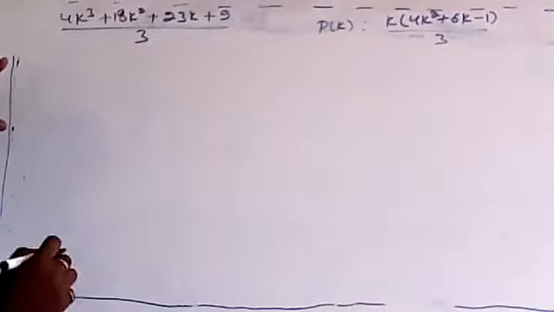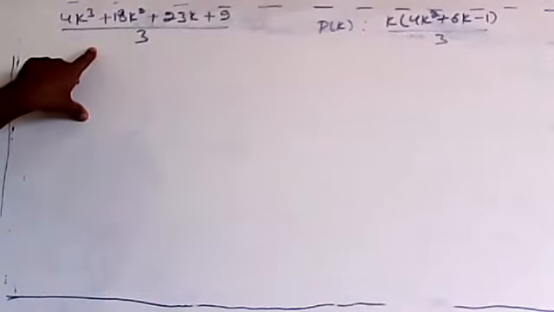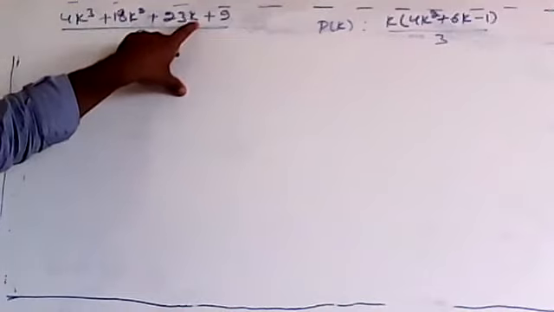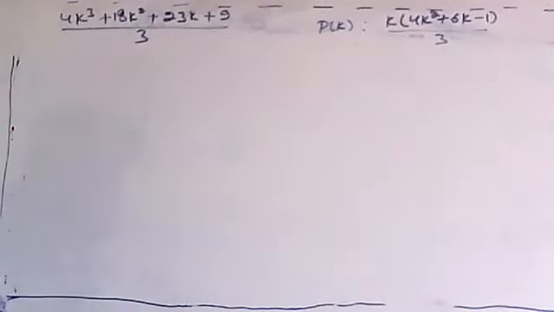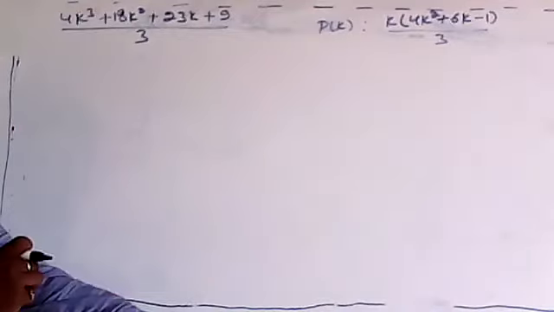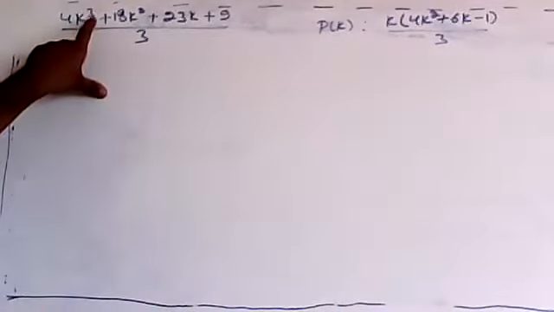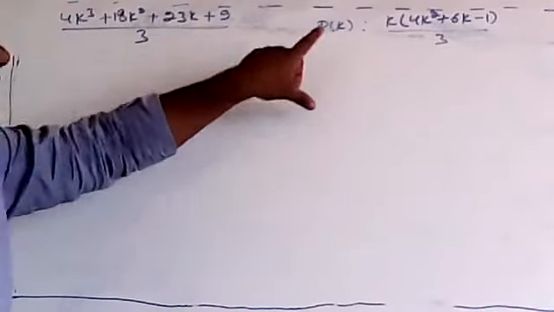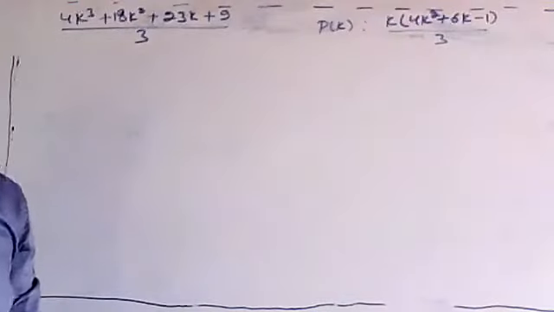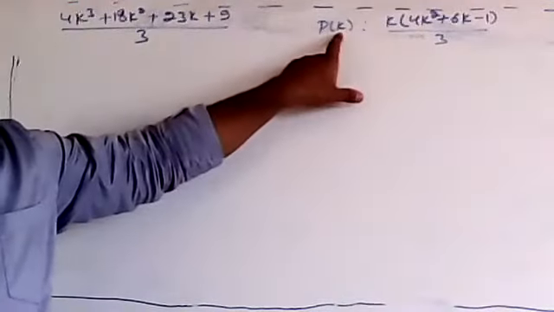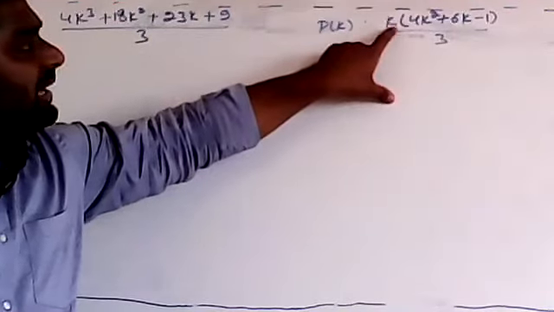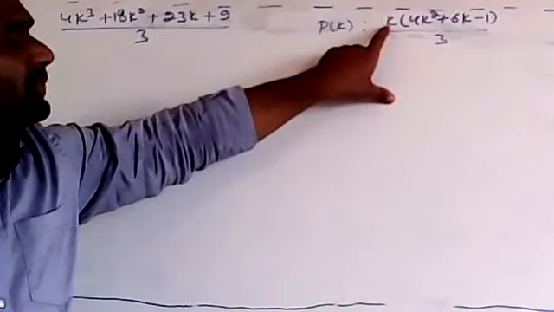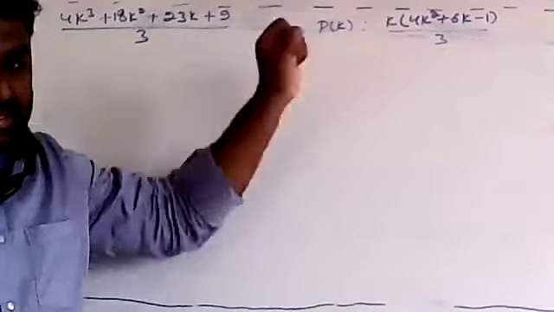Correct? So we got the answer for P of k plus 1 term: 4k cube plus 18k square plus 23k plus 9 by 3. Very important problem and very important step this one. Just listen carefully. But what do I want the answer as? P of k plus 1. In the place of k, I want k plus 1. Correct? Yes, nice.